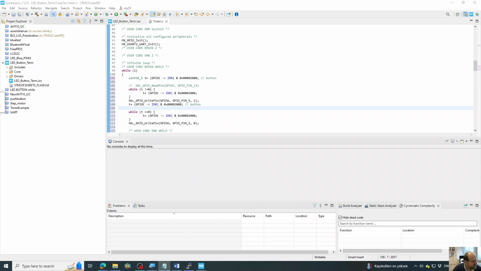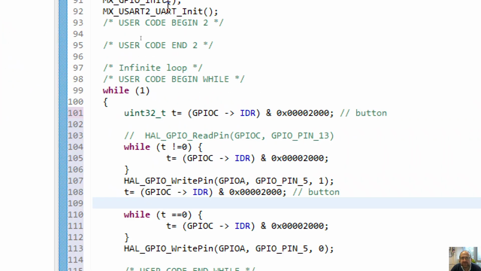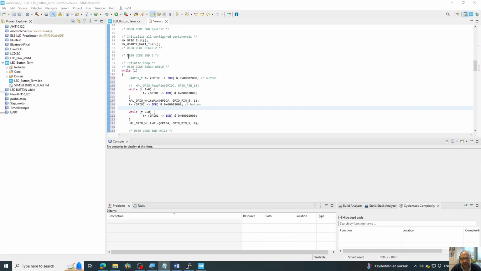Now I'm gonna be needing some code to write into that terminal, so let me go ahead and write that down. When I start the code, I need this to be displayed at the output. So I need a HAL statement before I go into the while statement, because I don't want to repeat that all the time. I go into this part at the top, user code begin 2, user code end 2 part,